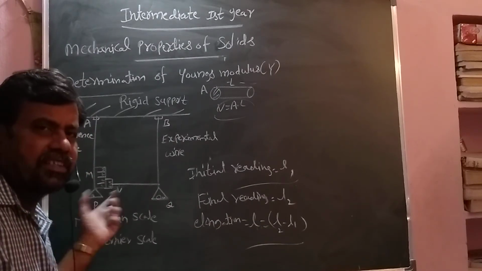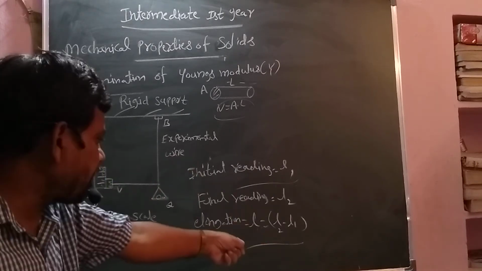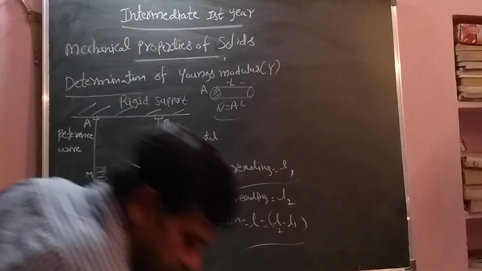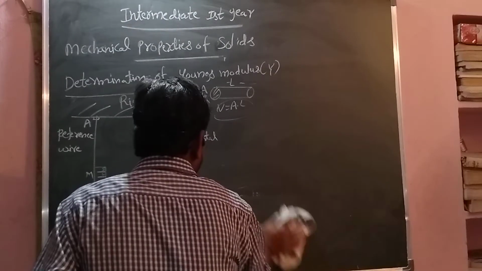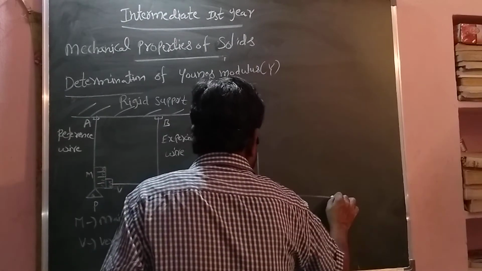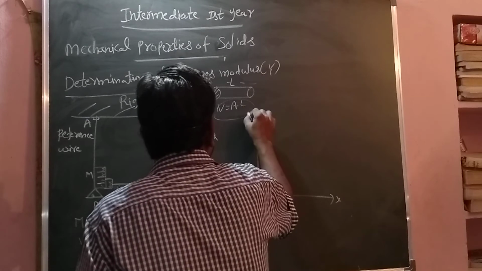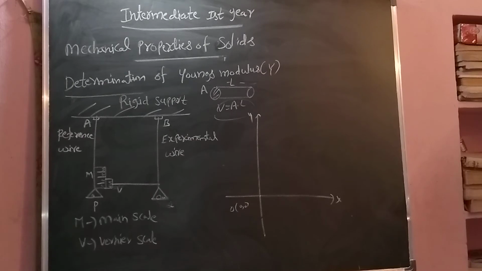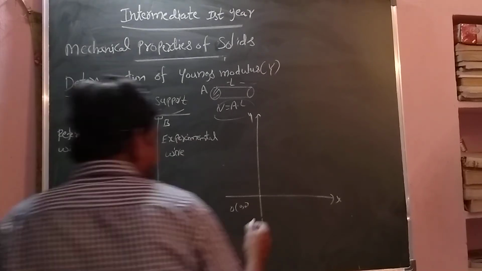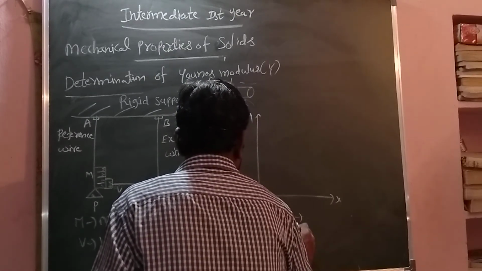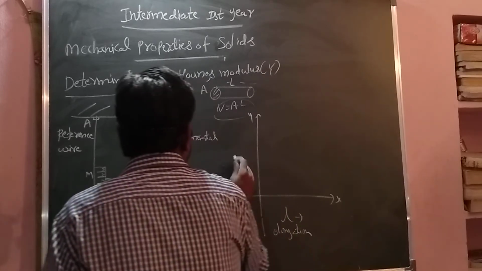After that, you take one graph, along x-axis and along y-axis you take some physical quantities. Here x-axis and here y-axis, and this is the origin. So here what are we taking? Along the x-axis we take extension, and load. Extension means here we are taking L. L means what? Elongation. And here weight. Weight means what? mg weight. Load means mg weight, along the y-axis. At that time we are getting one straight line.